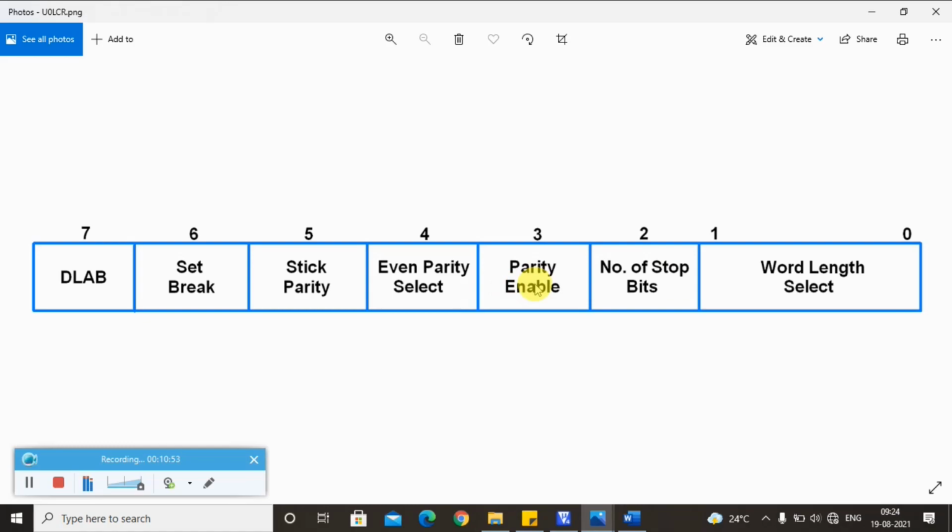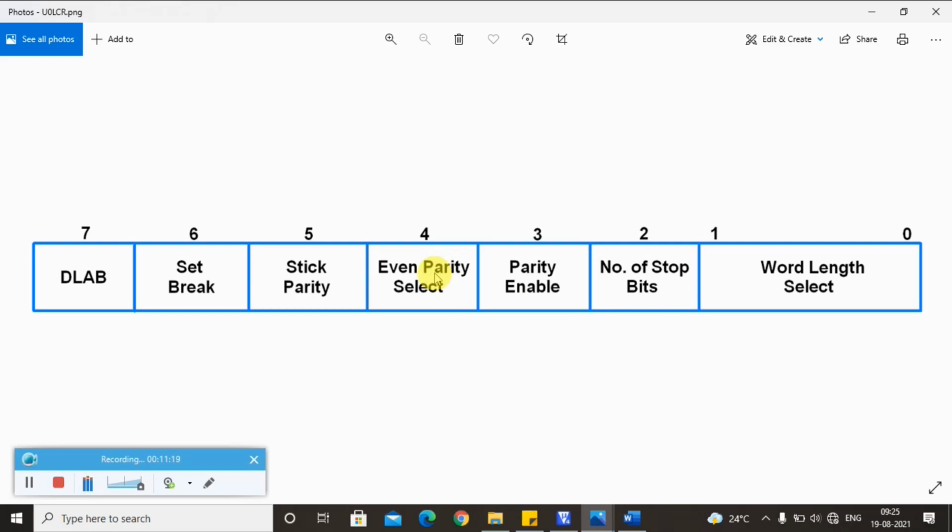These are used when we go for error correction and detection, then we require this parity enable. As I already mentioned, parity bits are used for error correction, to check whether the data is received successfully at the other end. For that purpose we use this. So if you have to use parity, then we have to enable this, and use the parity selector to meet our requirements.